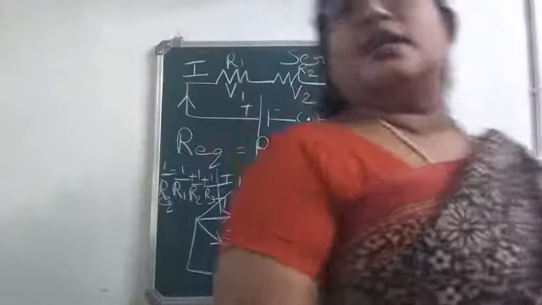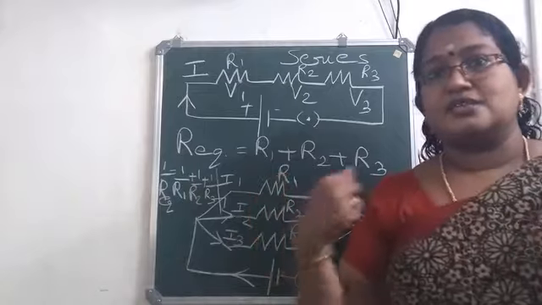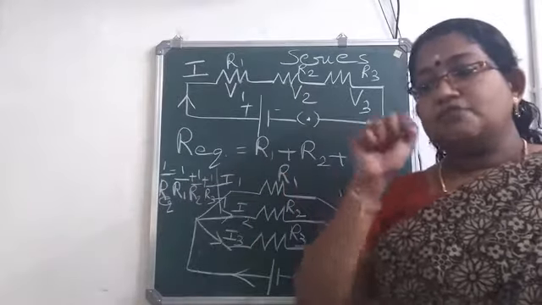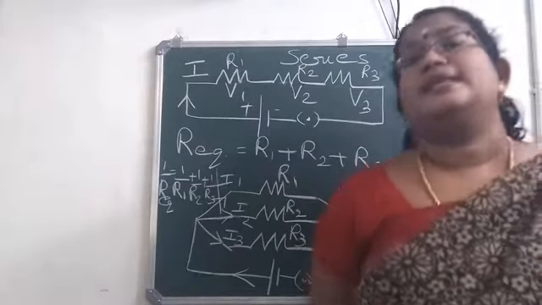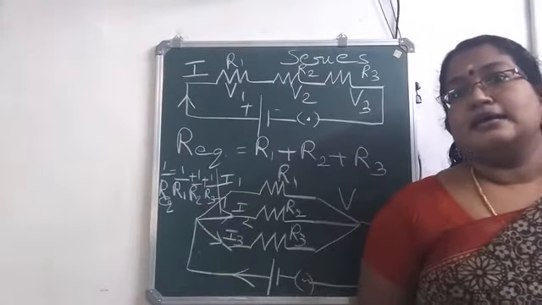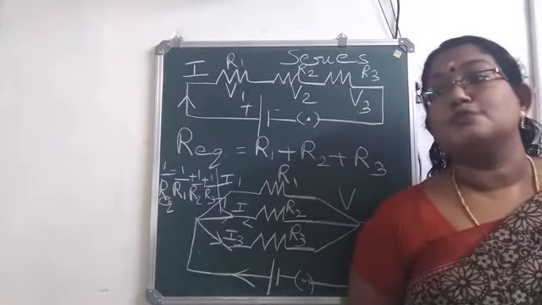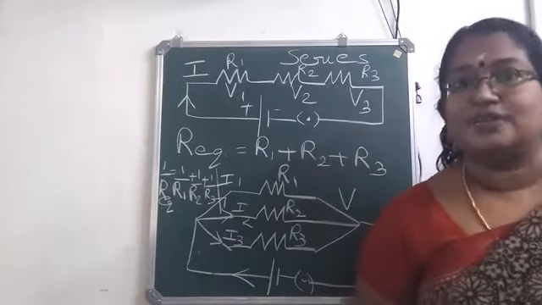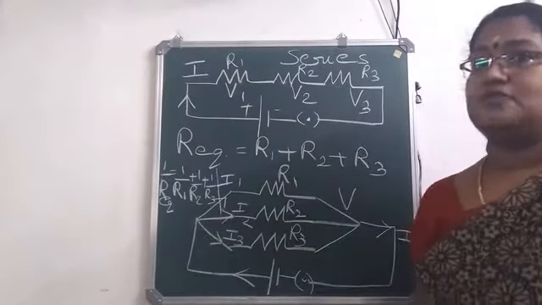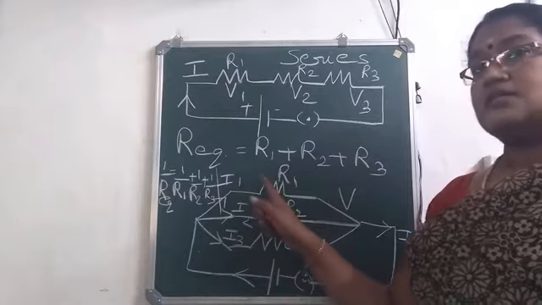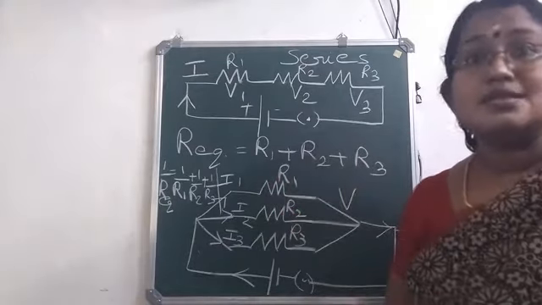Okay. Now, listen to my question. We learned about series connection as well as parallel connection. In which type, in series or parallel, more resistance will be there? Which circuit, series connection or parallel connection, offers more resistance to the flow of current? Which one? It will be series connection. Why? In the case of series connection, total resistance is the sum of the individual resistances.